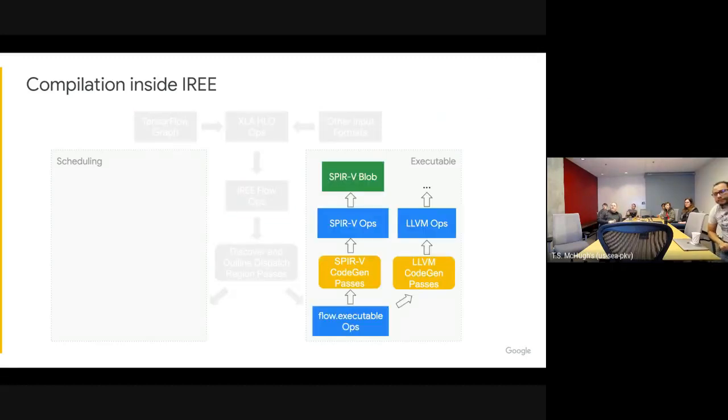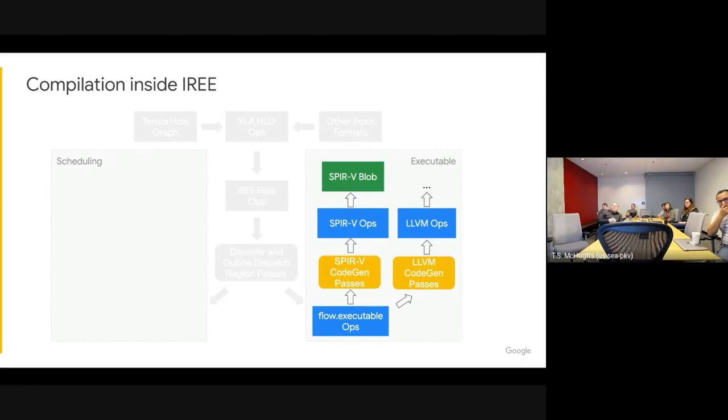And for the actual executable blobs that we extract from that, that's where, again, we invoke the MLIR system. So in this example, if we were going to both SPIR-V and x86 executable, we might invoke MLIR twice with the two different backends to take that executable blob and get it down to its target form.